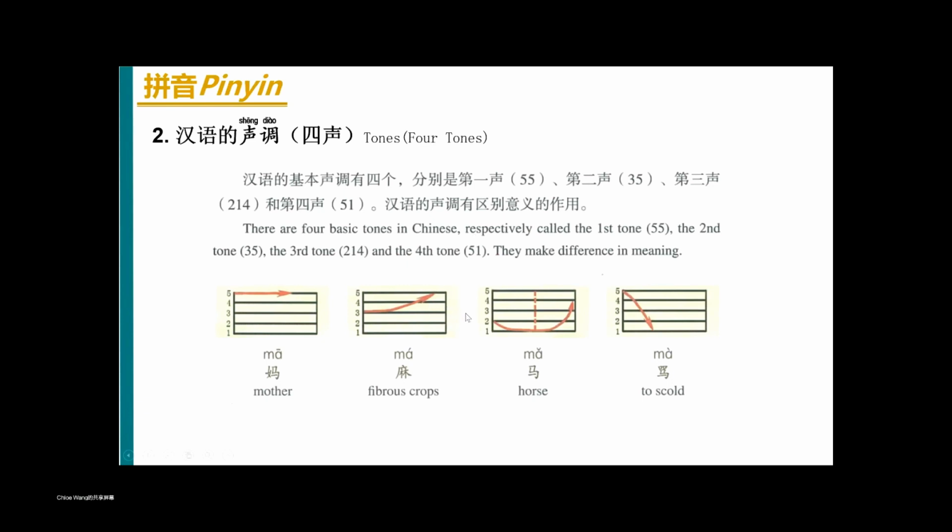So in total, we have 4 tones here. That is the 4 basic tones. We call them first tone, which looks like this, second tone, third tone, and the fourth tone.